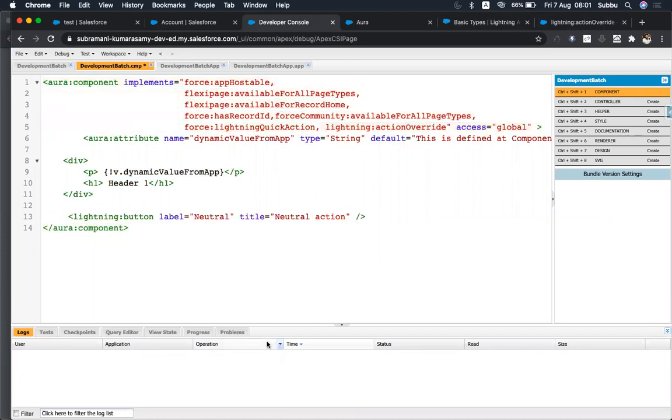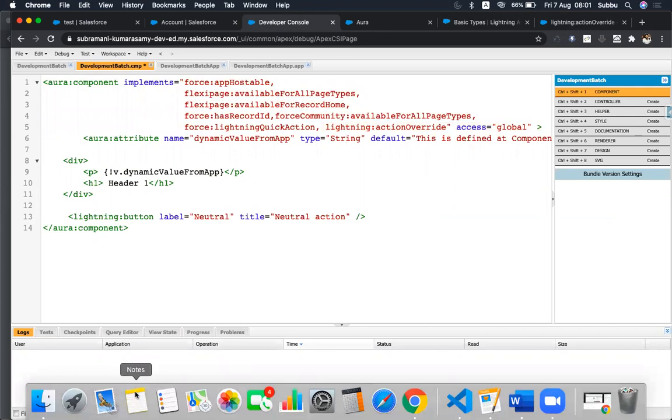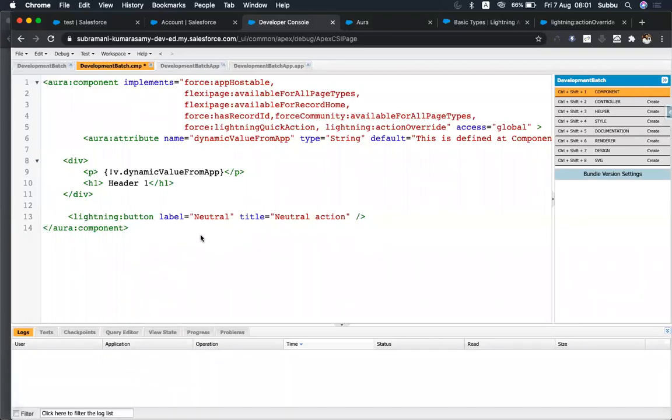Okay, one minute. So I'm saving the component.